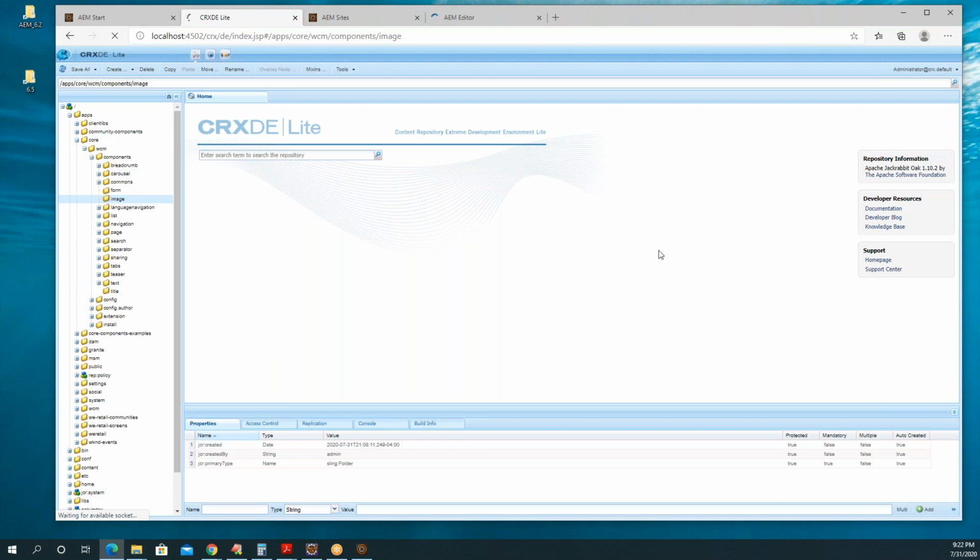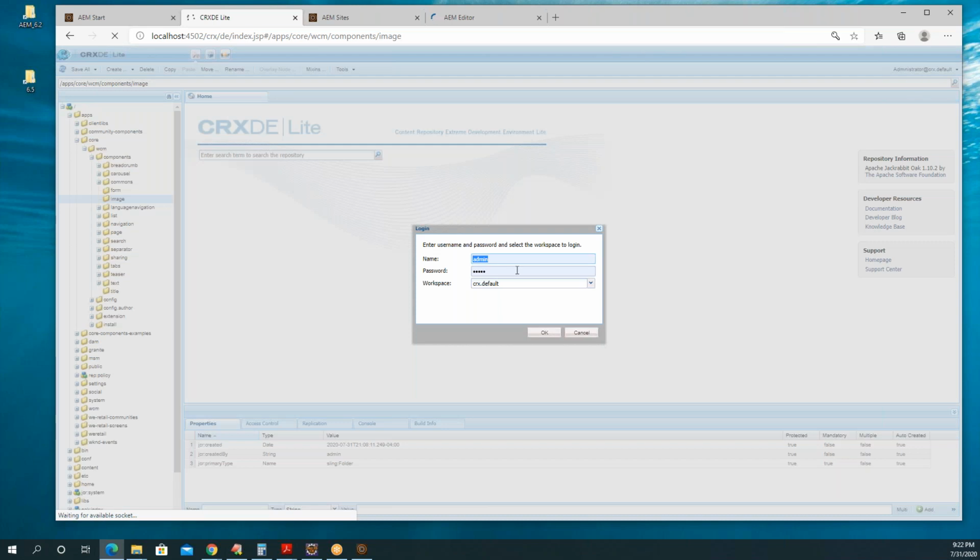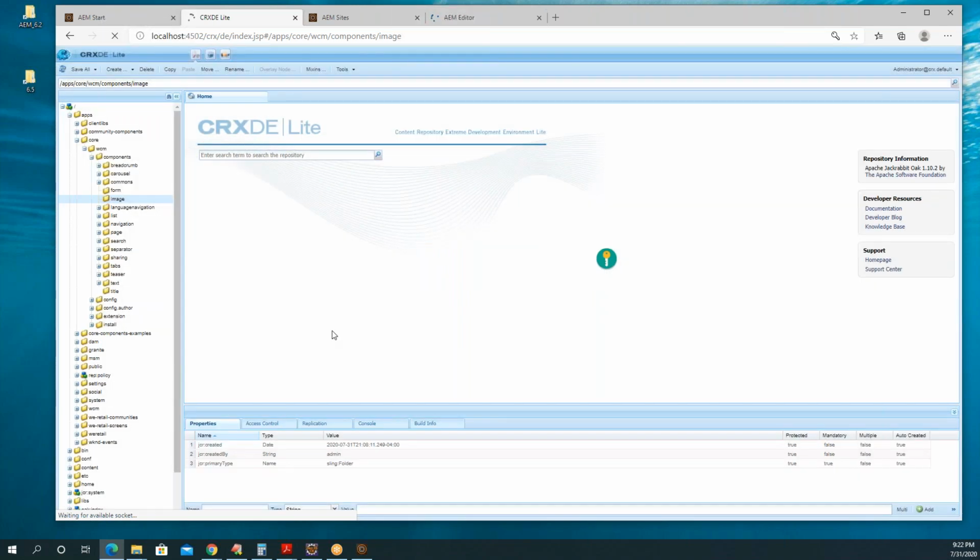You will find administrator default. Try to log in again. Click on login. Maybe it's first time usage, right? It has to buffer, I guess.